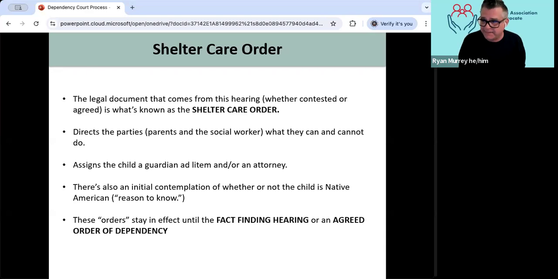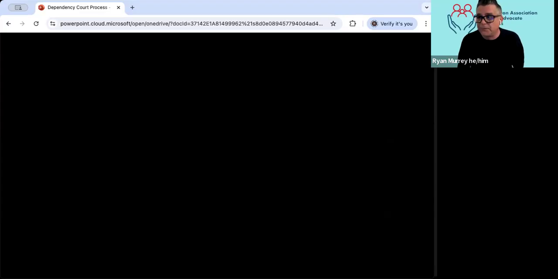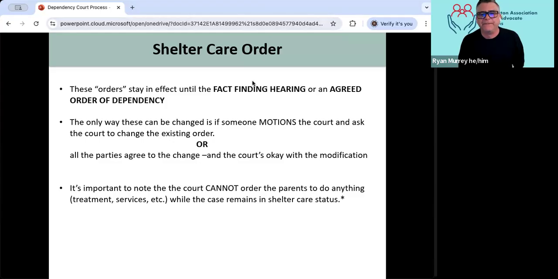That is a series of statutes and laws to make sure that kids who are enrolled in Native American tribes or eligible for enrollment get the full benefit of those ICWA statutes.